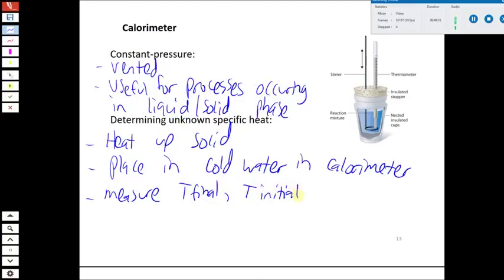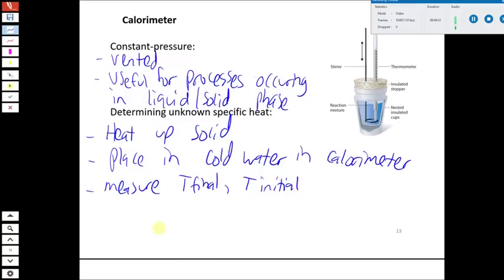For both the solid and the water. So they're going to have the same final temperature because the heat transfer stops when the two substances, the object and the water that it's in, reach the same temperature, but they're going to have two different initial temperatures. We're going to measure both of those. And then the relationship that we use is we have to recognize that